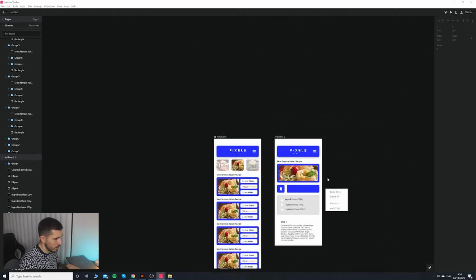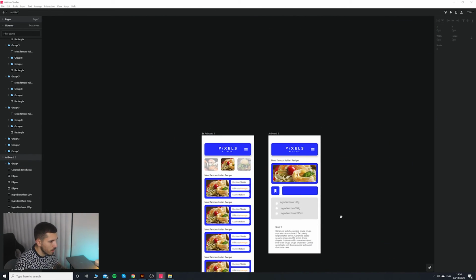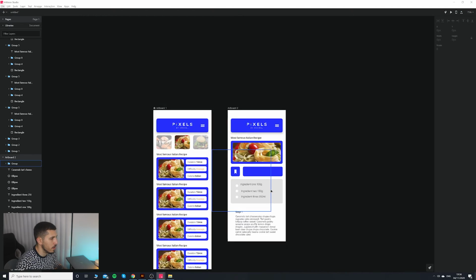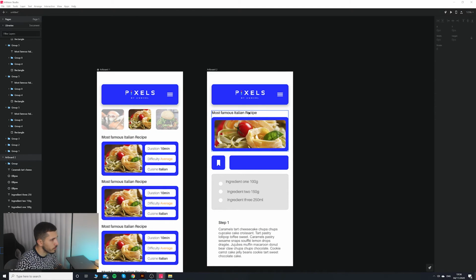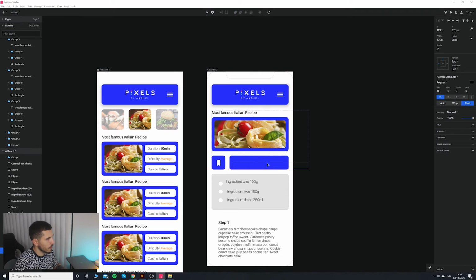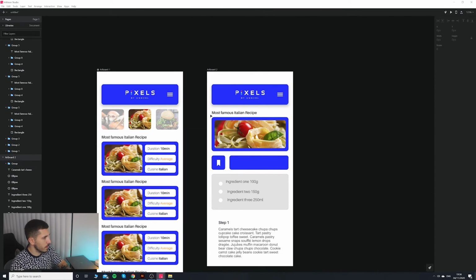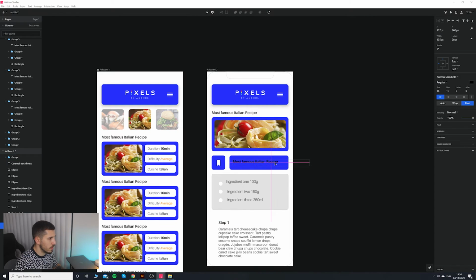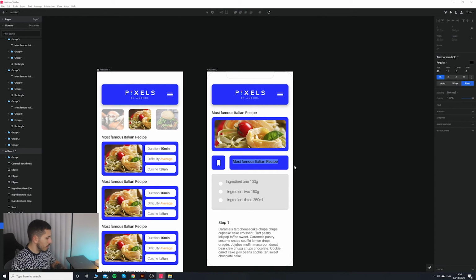That works. Oops, too much zoom out. Okay. I want to copy this, so we had some copy here as well. I'm gonna call it in